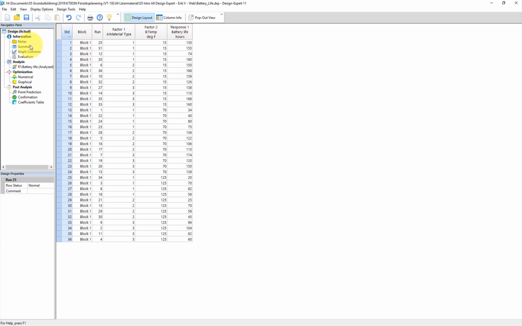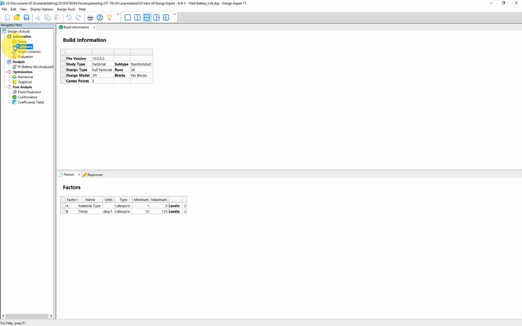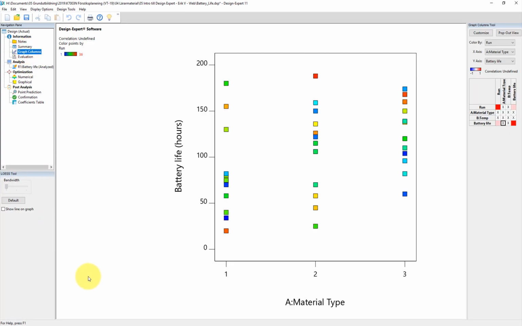So there's a couple of interesting options here. You can go to and try to look through these. You can first get a summary of the factors and the responses and so on, maximum values and minimum values and things like that. You can graph the columns before going into the analysis. And you can also get the correlation between different factors, if you're interested in that. In a typical factorial design, there will be no correlation between factors, but anyway,